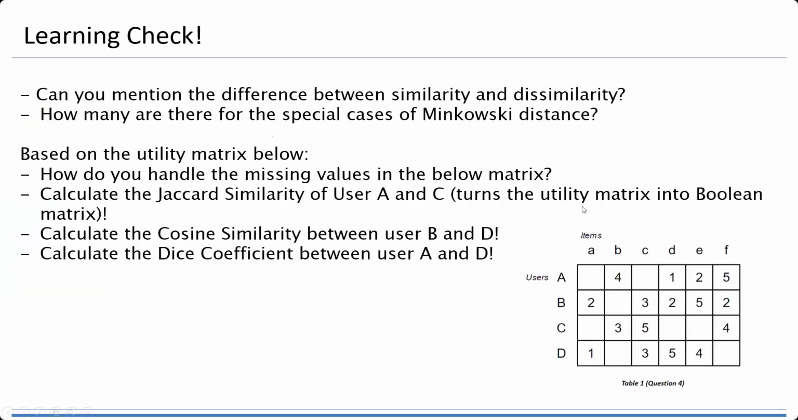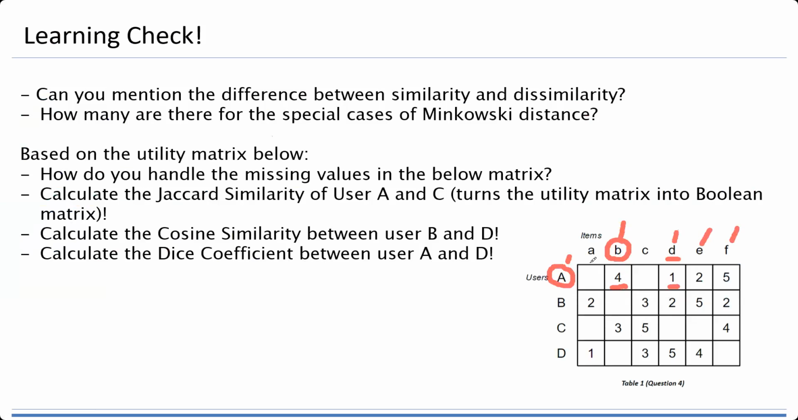So in this matrix, we can say that user A gives a rating to item B and the rating is 4. User A gives a rating to item D and the rating is 1. So you can see that user A has already maybe watched or bought the products B, D, E, and F, but user